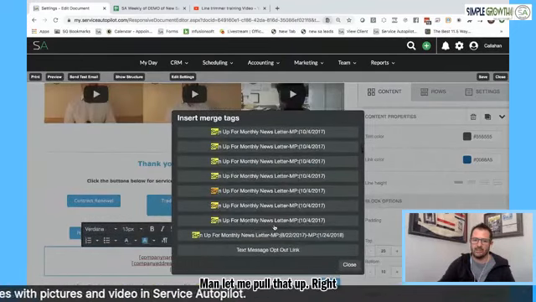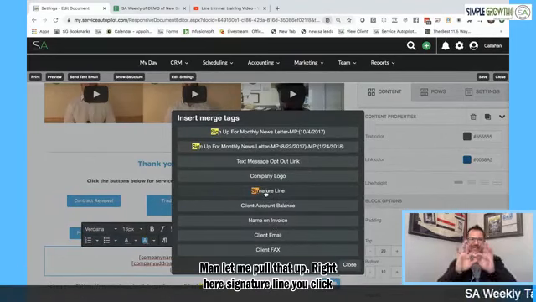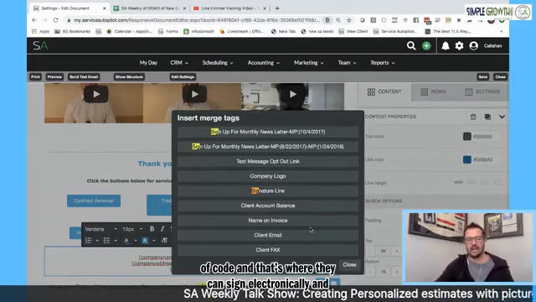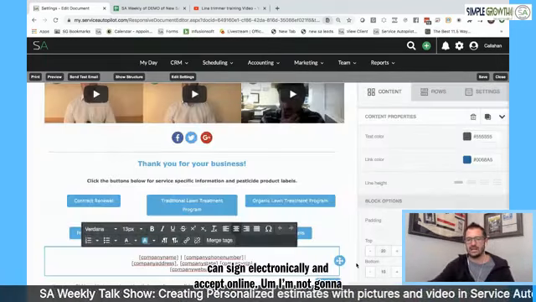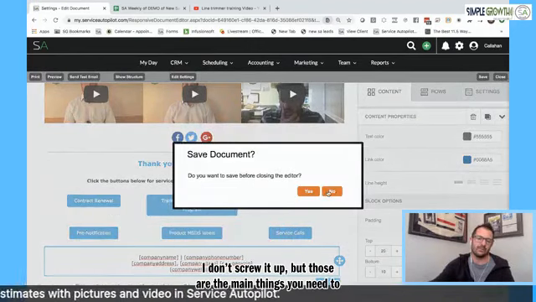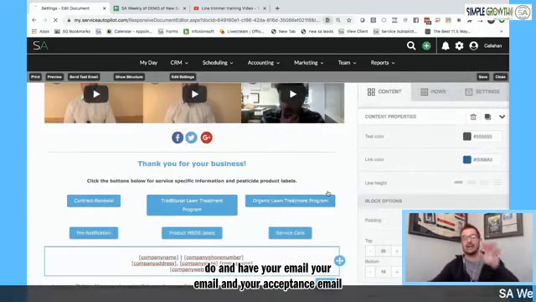And let me pull that up. Right here, signature line. You click that, that's going to insert that piece of code, and that's where they can sign electronically and accept online. I'm not going to do anything to this document so I don't screw it up, but those are the main things you need to do, and have your accept your estimate email and your estimate acceptance email connected to